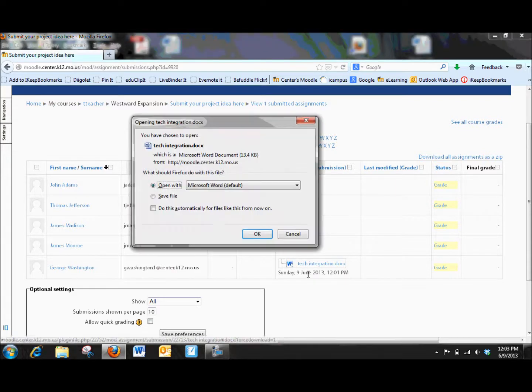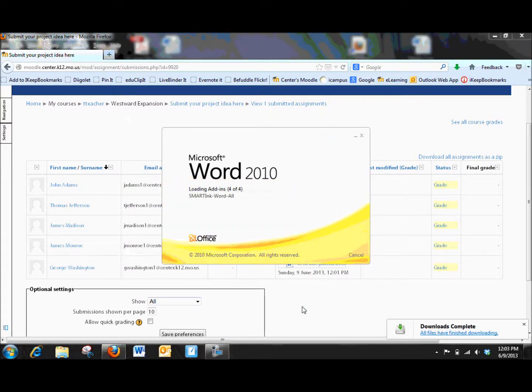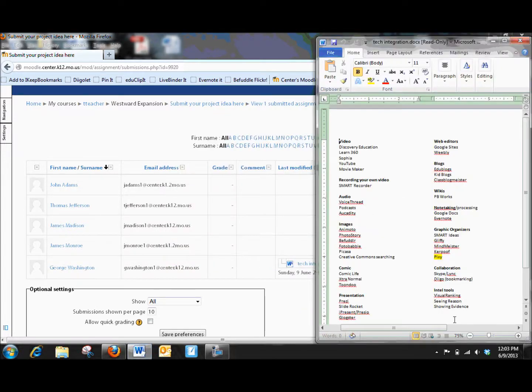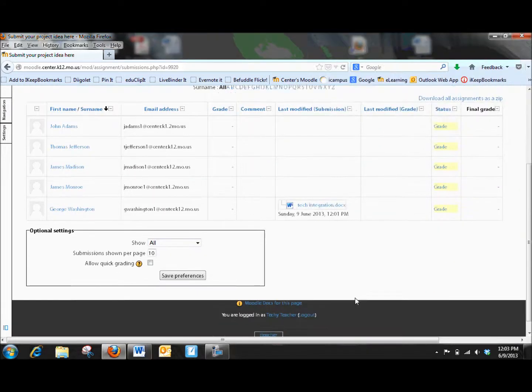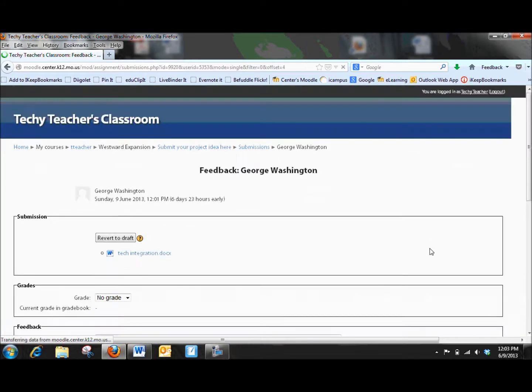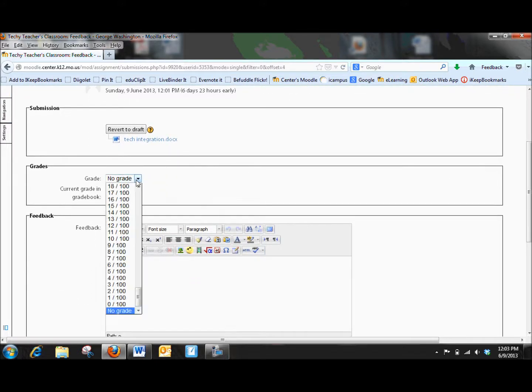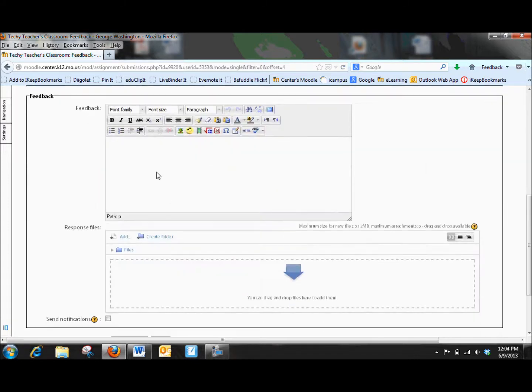When I click on this document, I get the option to open it. Remember, this is just kind of a nothing file that I posted here, but you're going to see that Word will open and it will launch that particular document. And then this also gives you the opportunity to go through and make any changes that you need to on the student work. And then if you are keeping grades in Moodle, which is a good way for kids to keep up with what's going on, you can click the grade feature, assign the students a grade, give them some feedback in the feedback area, and you also can